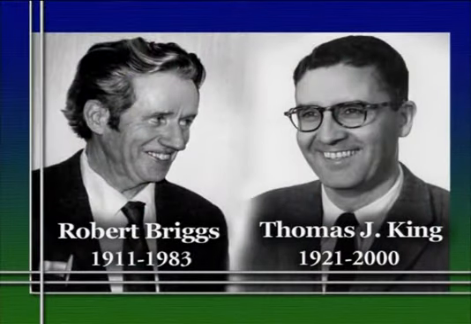The first such nuclear transplantation experiments, as we call them now, were done in the 50s by two researchers named Robert Briggs and Thomas King. Briggs and King used a very fine glass tube to remove the nucleus from an unfertilized frog egg. That gave them a frog egg with just cytoplasm, what we might call an enucleated egg. And then they took the nucleus from a cell from an embryo in the blastula stage of another individual. And they removed that nucleus and put it back into the enucleated egg.